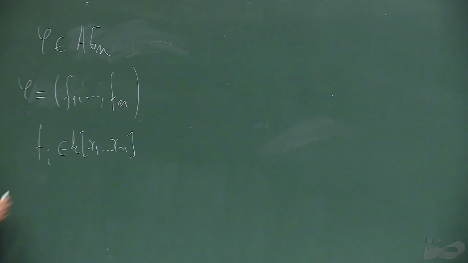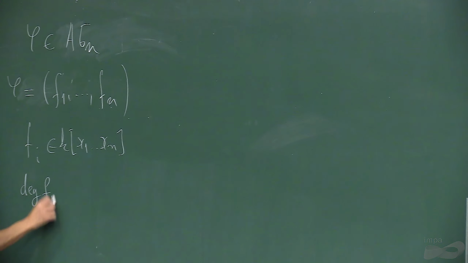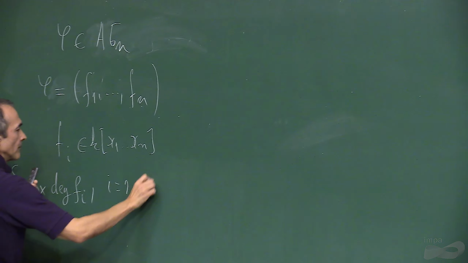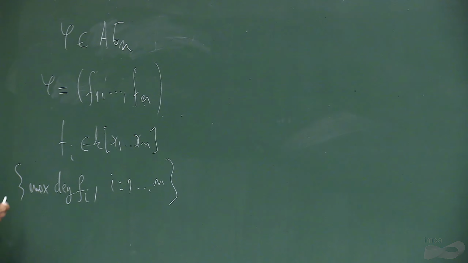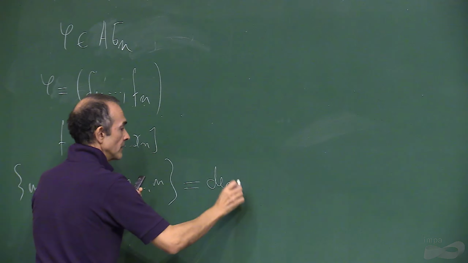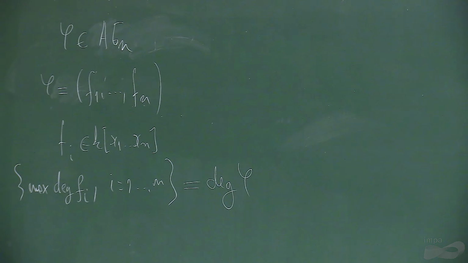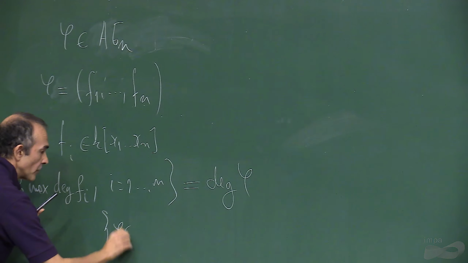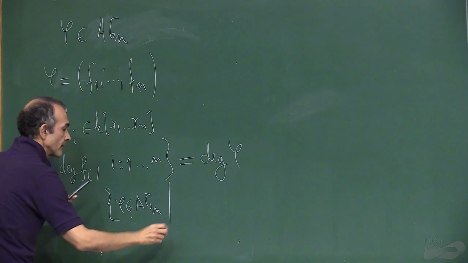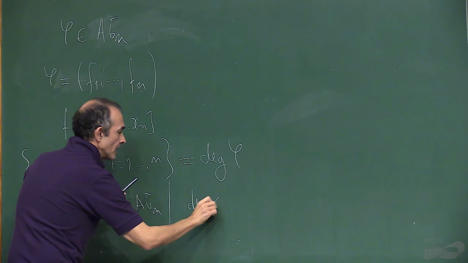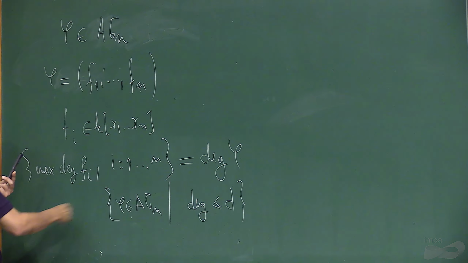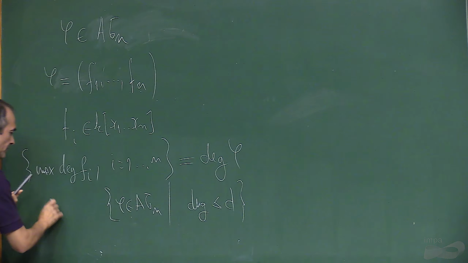By n polynomials like that, and then the maximum degree is said to be the degree of the automorphism. And then one may see that the subset of automorphisms such that the degree is bounded is an algebraic variety,